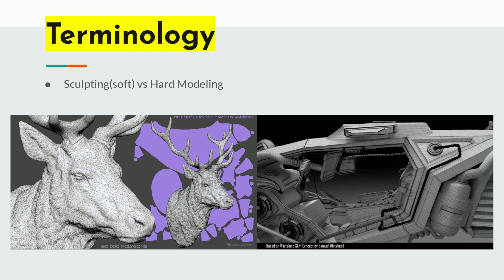What do you guys think would be some big advantages? I think it just depends on your use. Do you want to go into something more organic looking? Sculpting is probably the way to go, just because it's much like working with clay. Yeah, absolutely. Hard modeling, of course, is for hard surfaces. It seems like you're less prone to topology issues with hard modeling. Definitely. In some cases, if you're doing hard modeling properly,